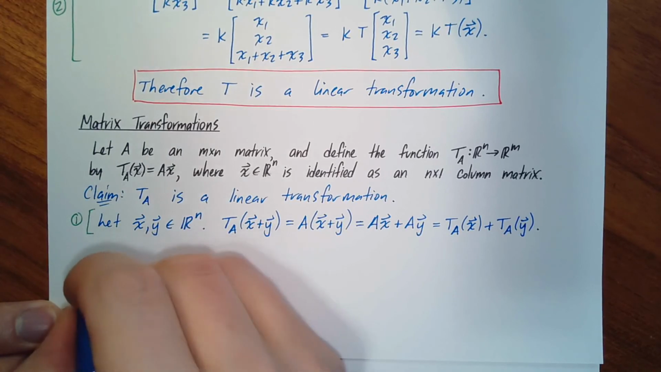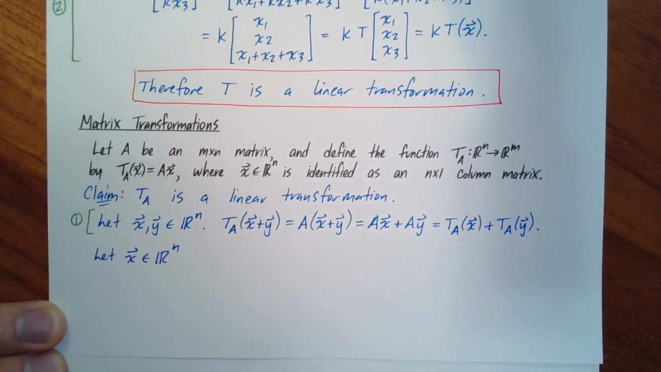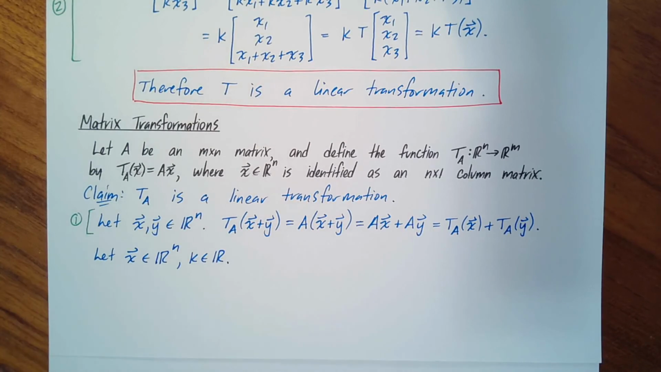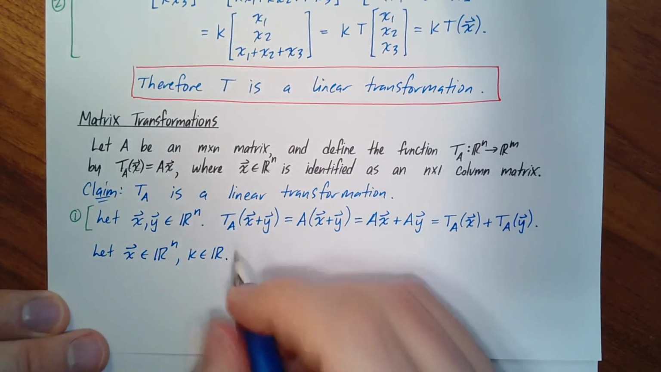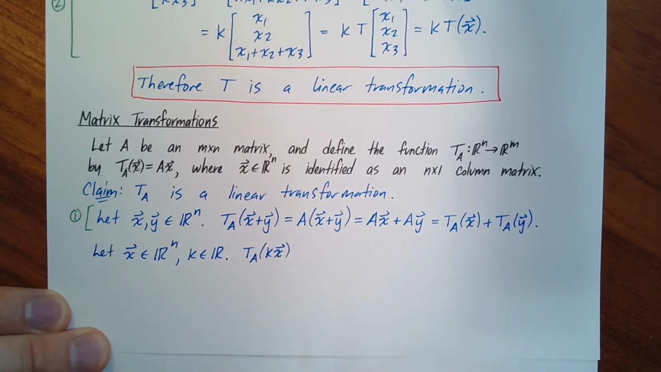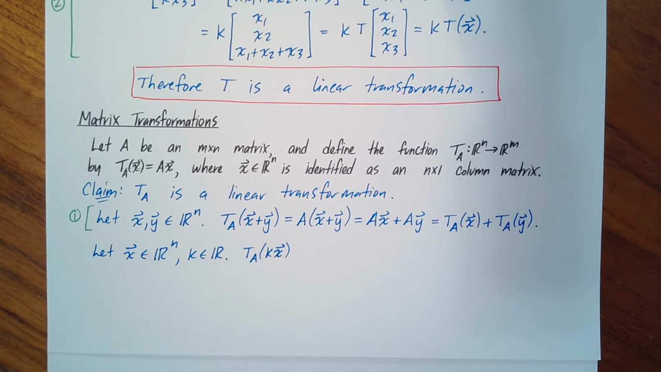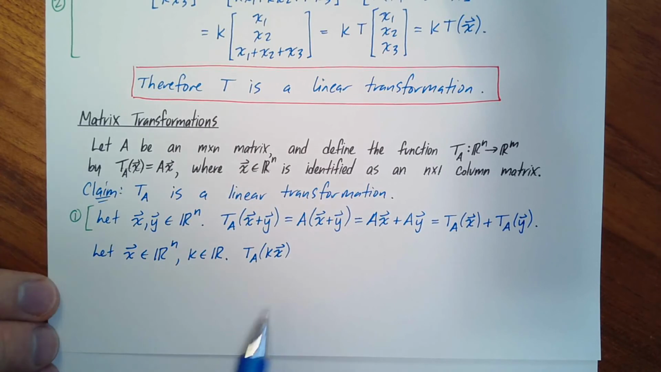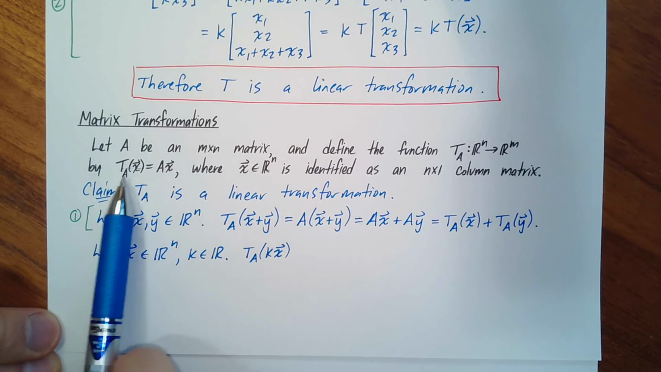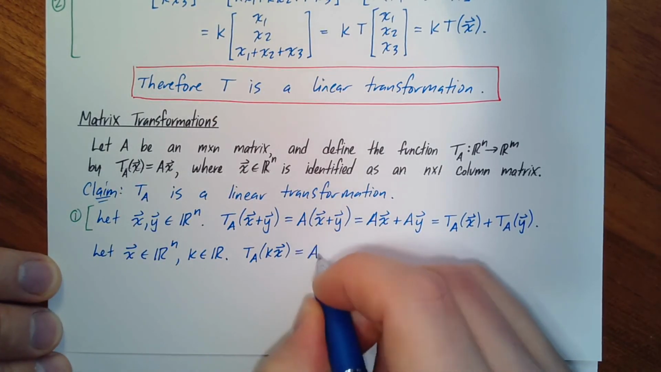Then to check property 2, we're going to need a vector and a scalar. So let's say x is in Rn, and k is just some real number. Let's work out TA of kx. All right, and we want to show that that's equal to k times TA of x. Well, what does TA do to this input vector kx? Well, what does it do to any of its input vectors? It multiplies it on the left by A. So this is going to give us A